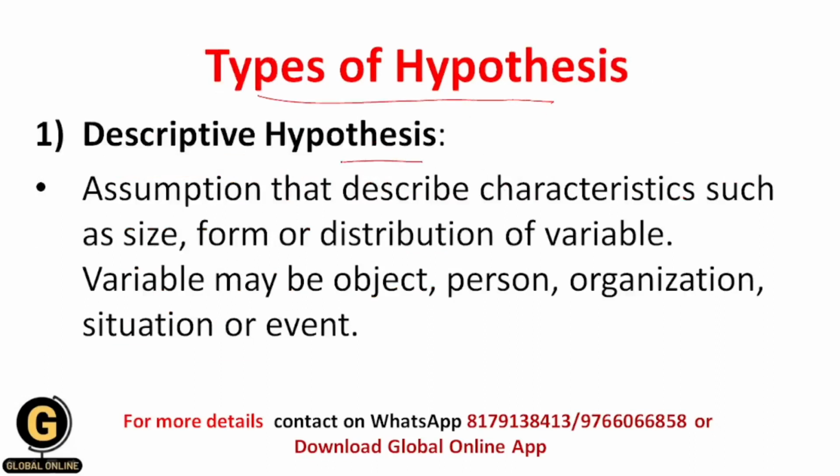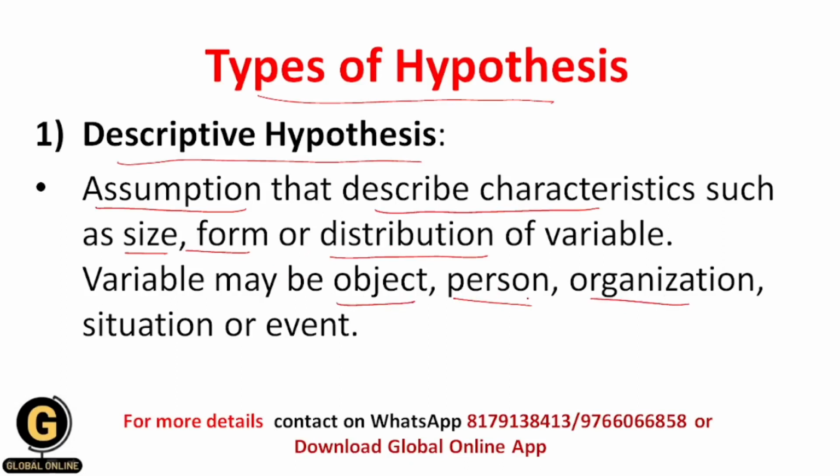So first is descriptive hypothesis. As the name suggests, descriptive hypothesis describes the different characteristics. It is the assumption. The most important thing is assumption, because whenever there is hypothesis there is assumption, there is prediction. It is the assumption that describes characteristics such as size, form or distribution of a variable. That variable can be an object, person, organization, situation or event. For example, public enterprises